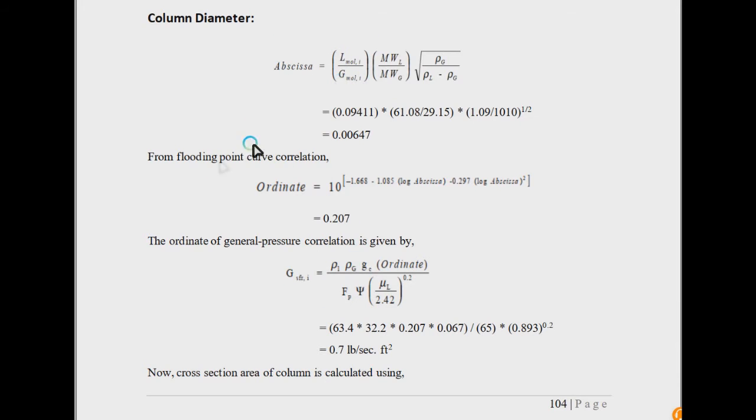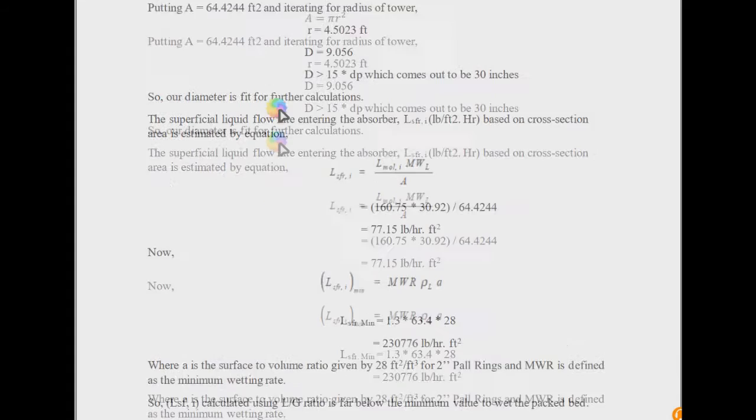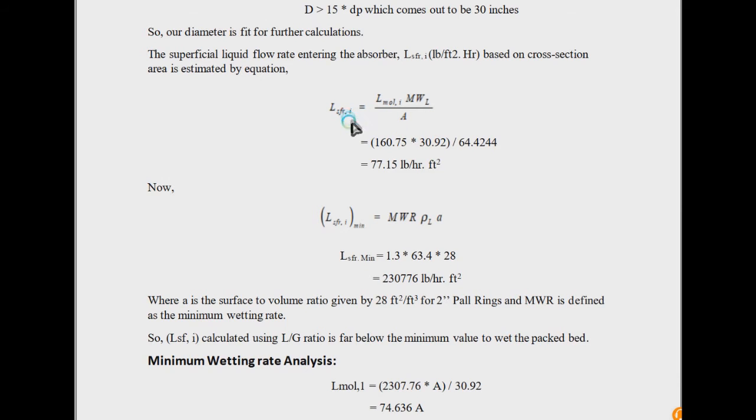The flooding curve correlation is based on the gas velocity, because if we make the relation based on both sides, there will be a comparative case study analysis involved, and the justification will become difficult as to what part is playing the more important role, whether it is the liquid phase side or the gas phase side. So on the gas phase side, a correlation is available, and using this formula you can calculate the LSFRI. In this case you have 77.15 lb per hour feet square. The area that has been calculated above is used here in this formula.